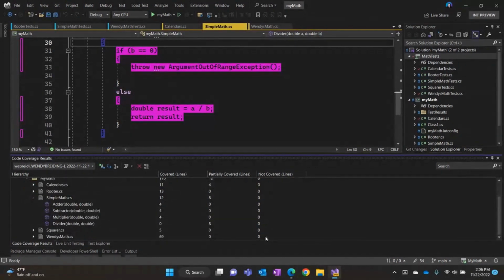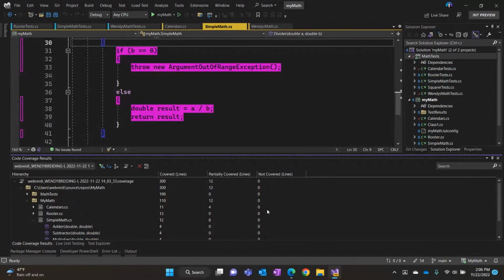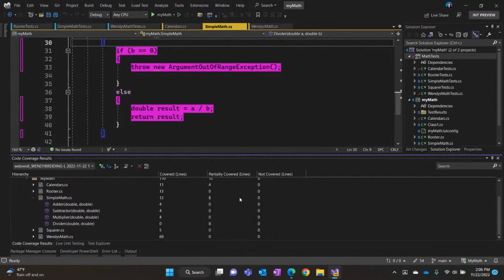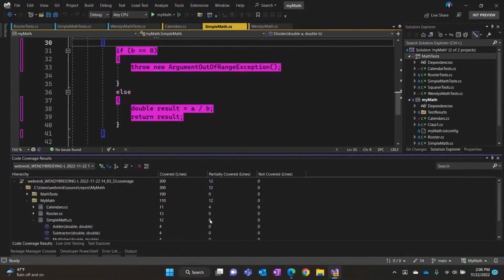I haven't added anything that affects coverage. It moves all those other ones over to the partially covered areas, so you know that they're still there. They're still a problem, but not a problem that you introduced with this current change, which is awesome.